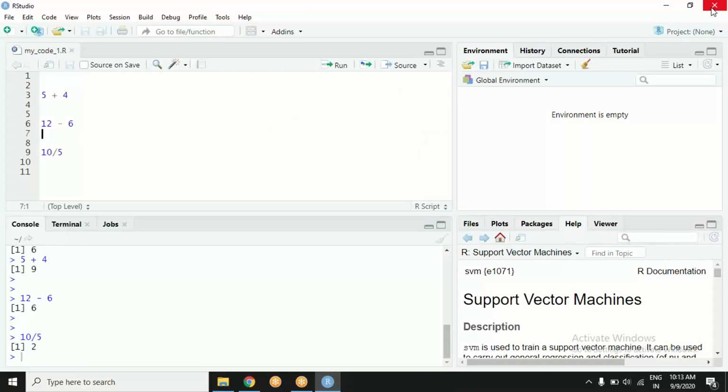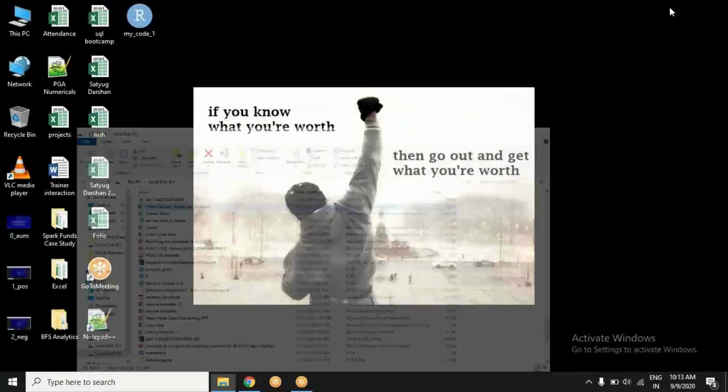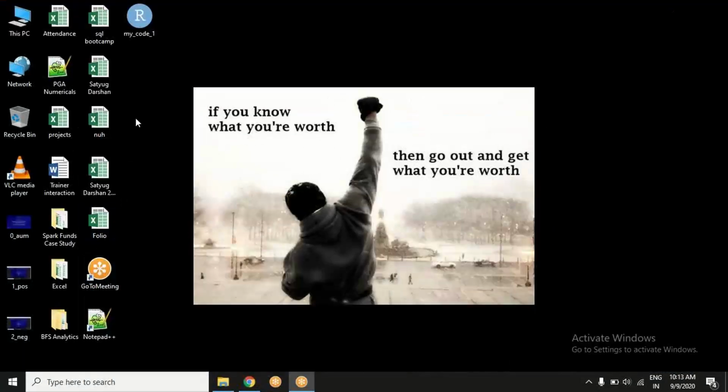Now, oh, what should have happened has happened. My file is saved on my desktop and it is available for further use. I can attach it to mail and send it to you. I can drop it in the WhatsApp chat box.